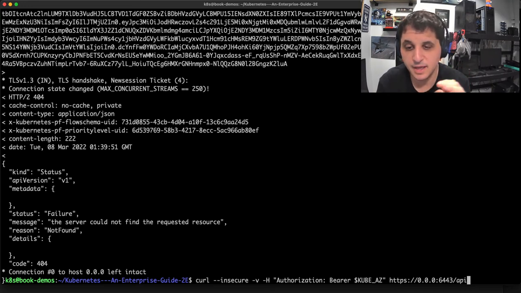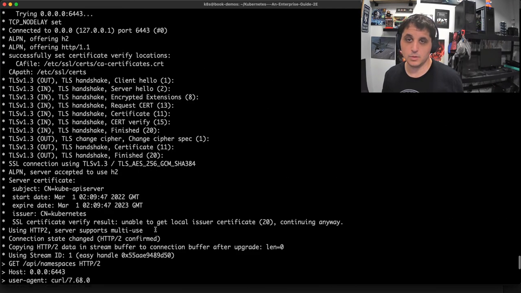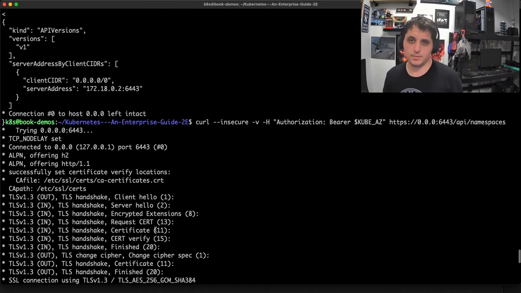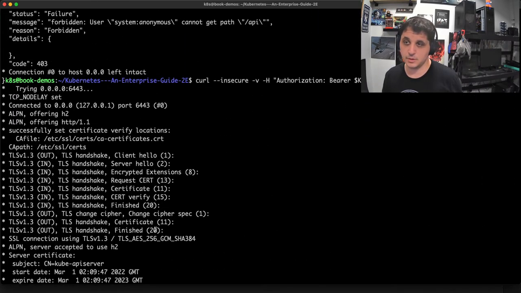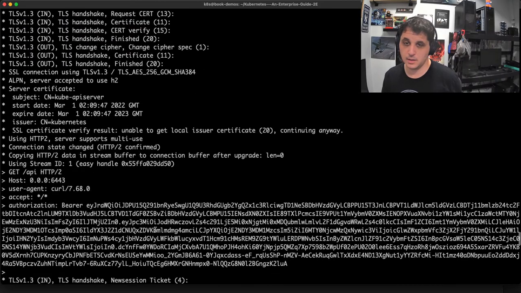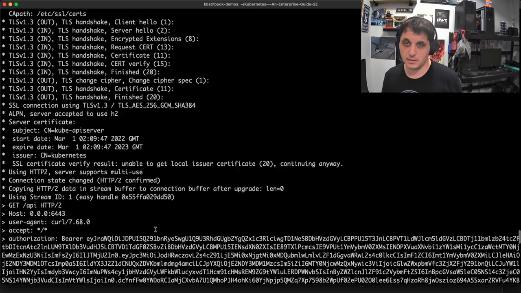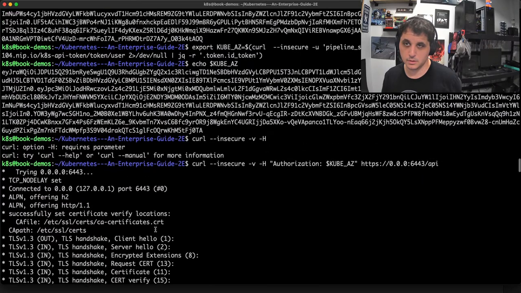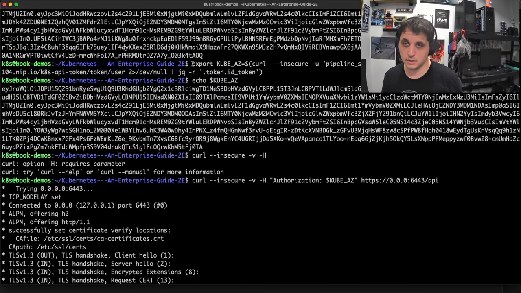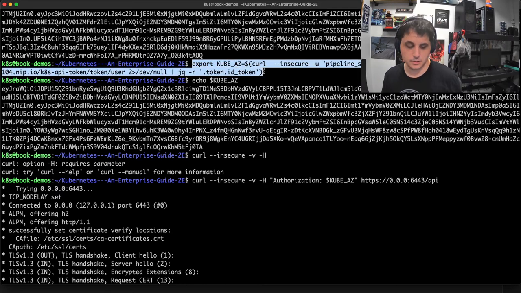Now, one thing to point out is that, let's say for the sake of argument that you didn't want to do this, let's say this is a managed cluster and you want to be able to access this stuff that way as well. We can do that. So let's go ahead and get our command for generating a token. I think this is it. Yep. So let's go to my local workstation,